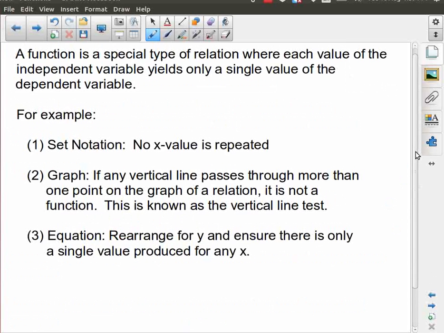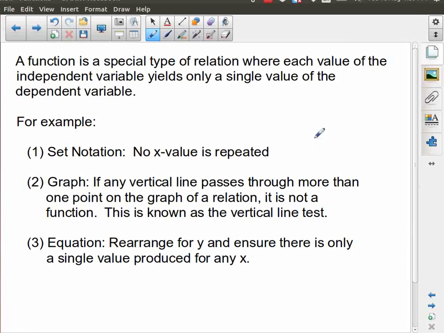Okay, so now that we've talked about relations in general, now let's talk about a function. Now a function is a very special kind of relation, and this is a very wordy thing. Students have a hard time with this conceptually. It's actually a very simple concept. I'm not saying that it's always simple to put this into practice. What it's saying is that every value of my independent variable only gives a single dependent variable, or a single